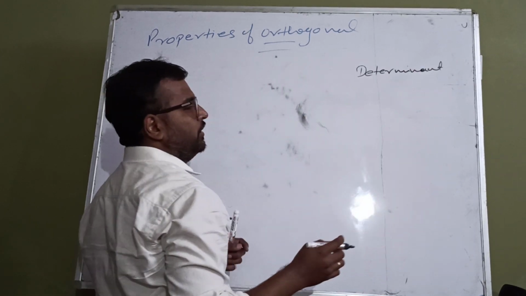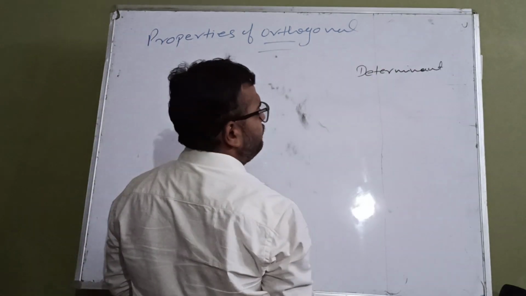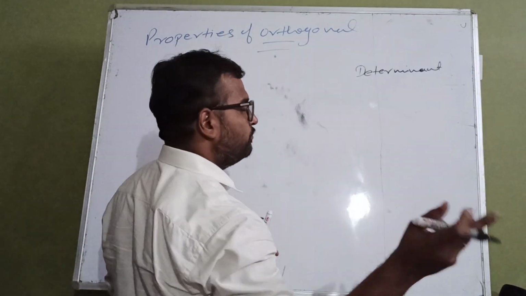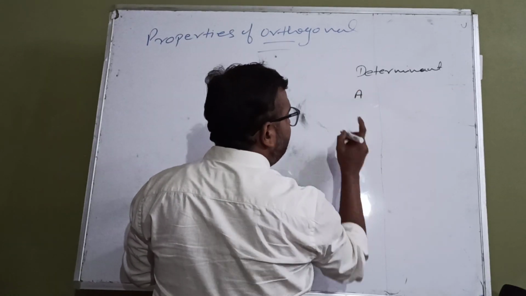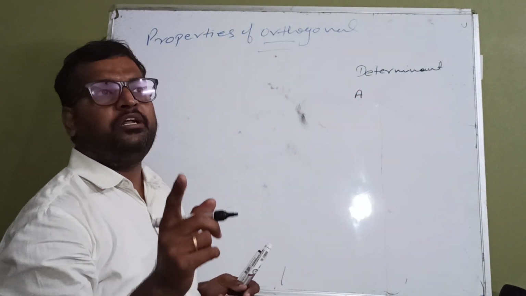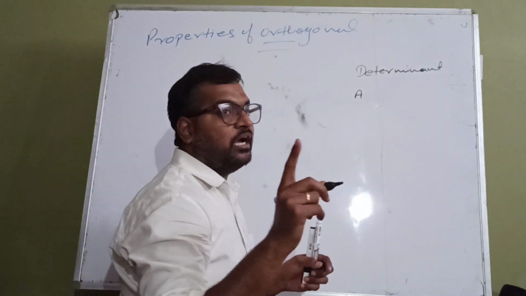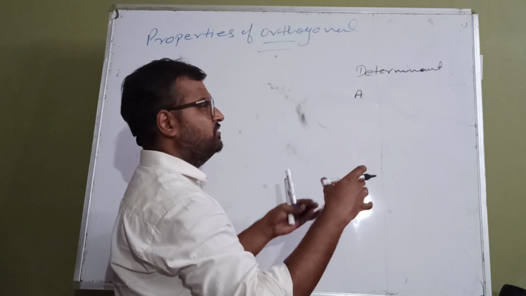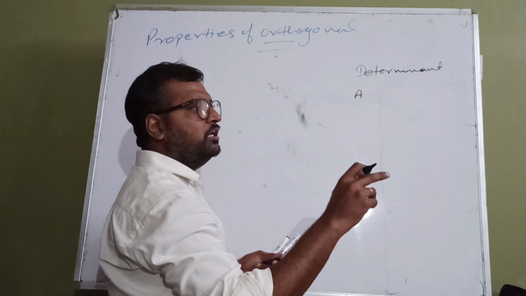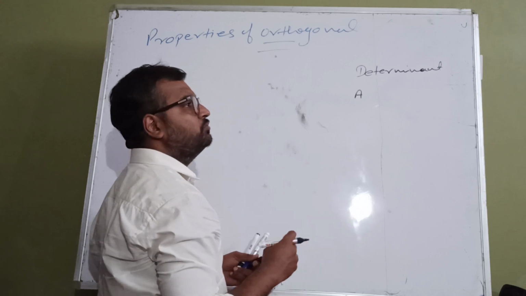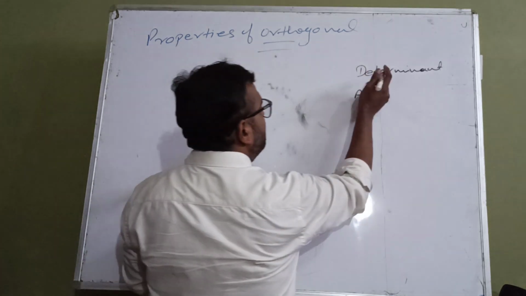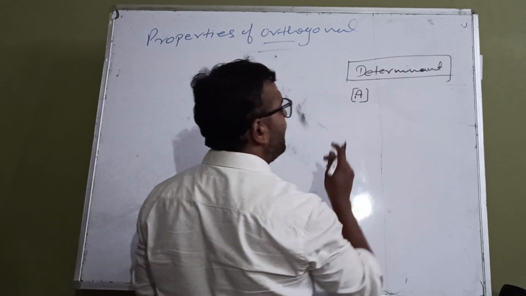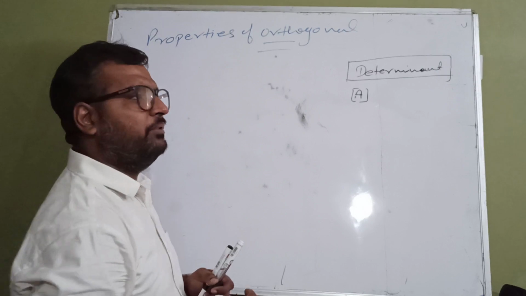Now what is the determinant? What is the definition of the determinant? I will not go into very much detail. Just simply the point which will be used in properties of orthogonal, I am going to explain this one. A matrix is an arrangement of numbers, and for such arrangement there are different kinds. Where the rows and columns are the same, it is said to be a square matrix, and the determinant is possible only for the square matrix.